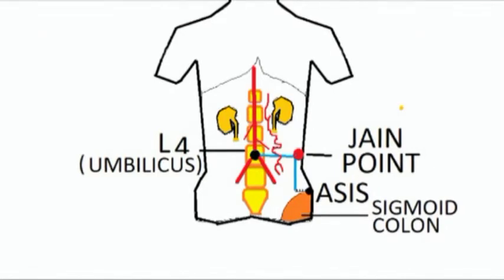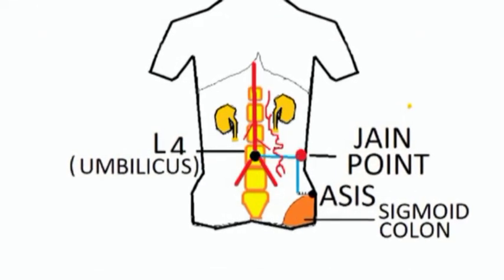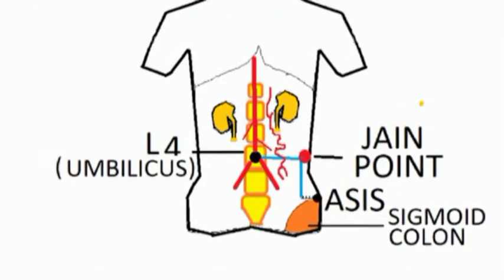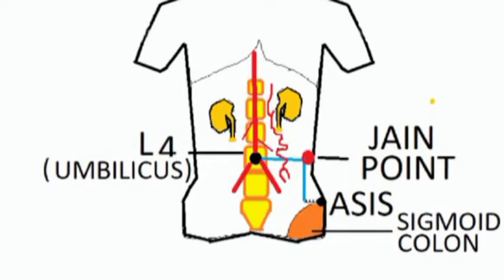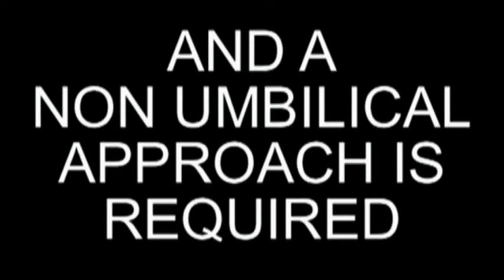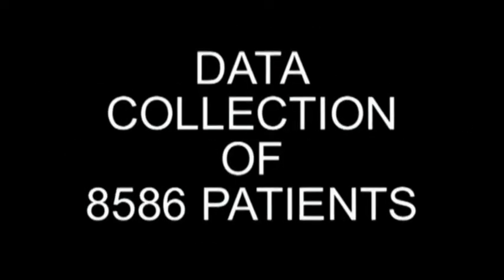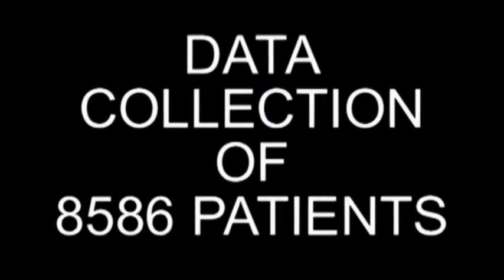It is quite far from the lower pole of the left kidney and the upper part of the sigmoid colon, and it is safely distant from the mesenteric artery and the superficial epigastric artery. The Jain point is the point of choice for an entry port in laparoscopic surgery where adhesions are present and a non-umbilical approach is required. Dr. Jain and her associates collected data of 8,586 patients who underwent laparoscopic surgery in her center